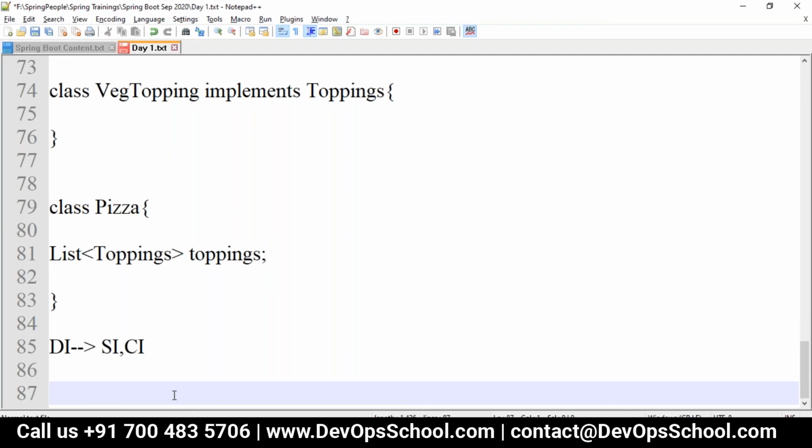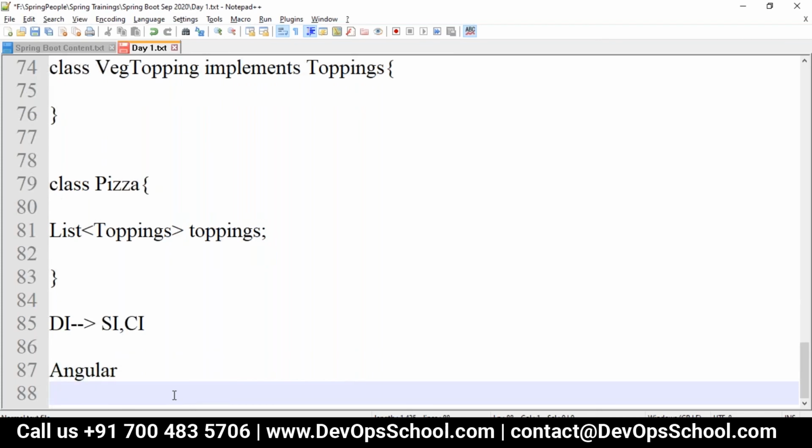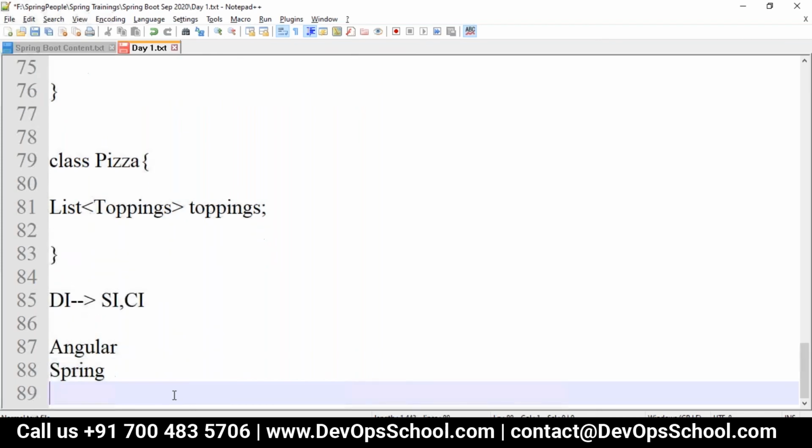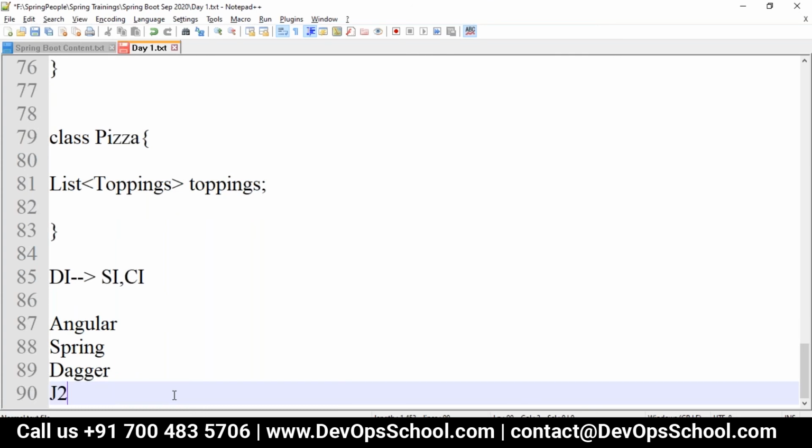Based on this, Angular follows dependency injection. We have the Spring framework which follows it. We have Dagger, which is also based on Java itself. Now J2EE also has dependency injection, with different principles.